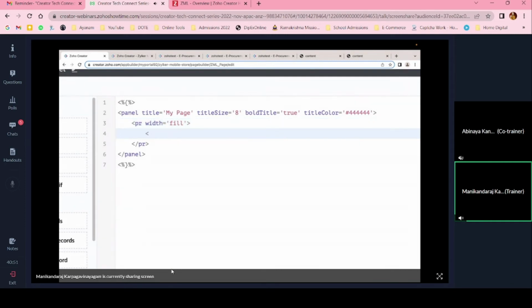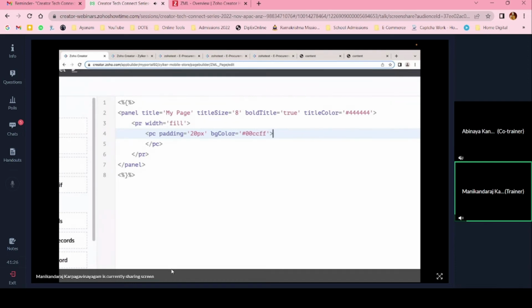So next I'll add a panel column tag, right? So in the panel column tag as well, you can specify the width. You have the options to do that. And you can specify the padding as well, right? So you can specify some padding, let's say in pixels. So I'm specifying it as 20 pixels. And you can also specify some colors, right? So I'll specify some background color in a hexadecimal code,